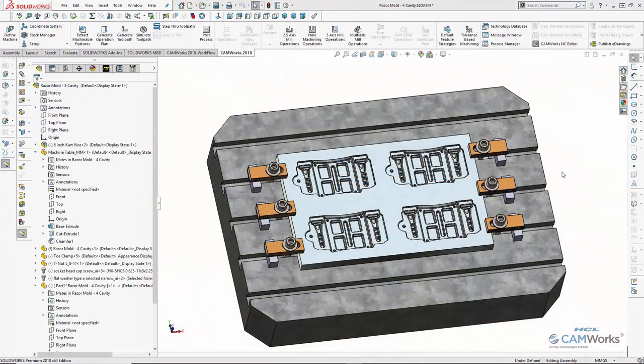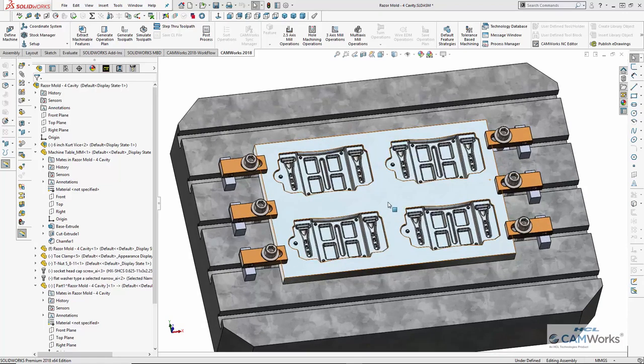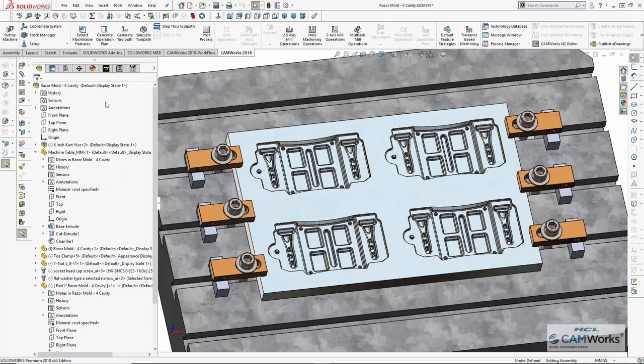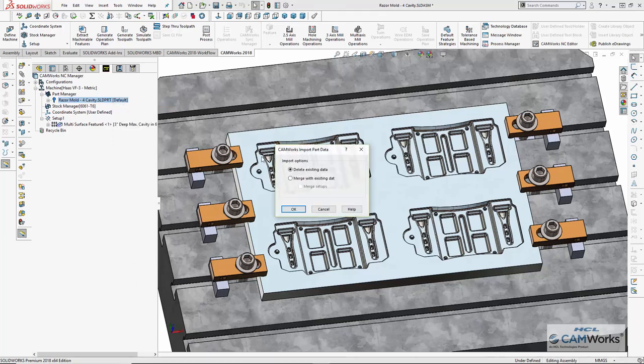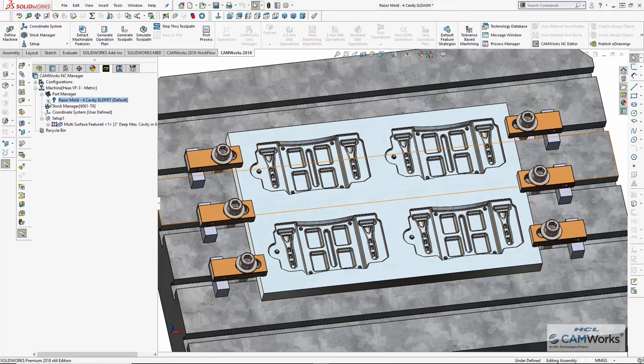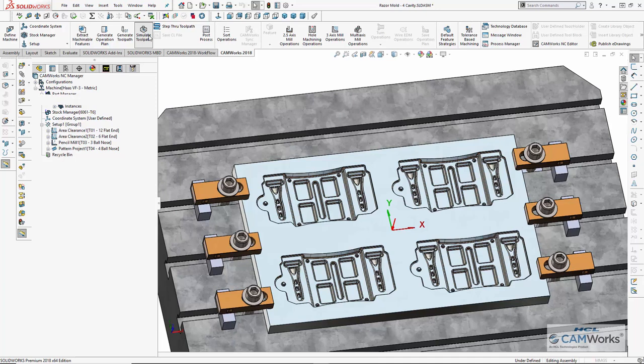But that's not all. Once the prototype has been tested, I can also use CamWorks to easily program a multi-cavity mold in SOLIDWORKS assembly mode, and using CamWorks simulation, check for any collisions or issues with the fixtures or work-holding devices. For this assembly, I use CamWorks Import feature to import the operations and toolpaths from the single part prototype mold, and CamWorks Pattern capabilities to program the cavities for a 4-cavity production version of the mold in less than